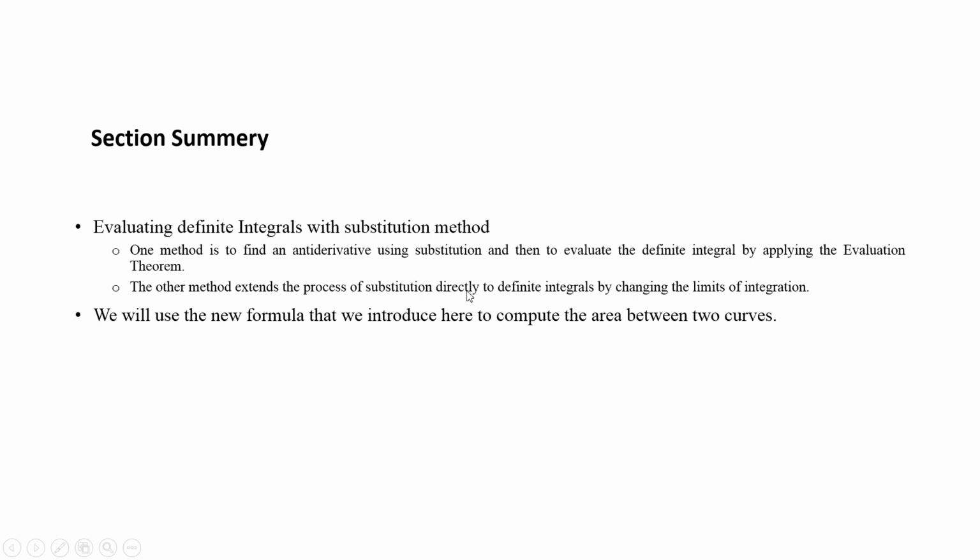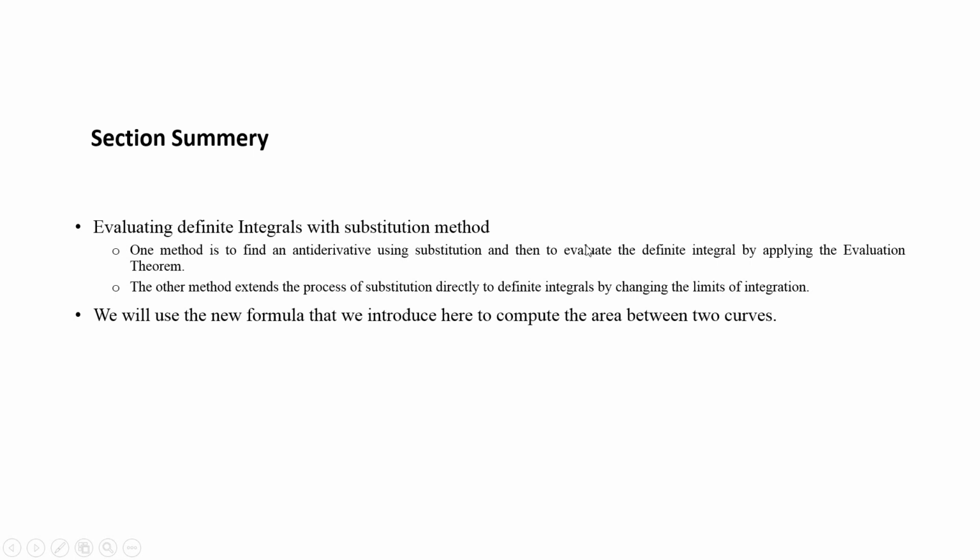So there is the section summary. First of all, we'll evaluate definite integrals with the substitution method, and this can be used in two ways. One method is to find the antiderivative using substitution, as we learned in section 5.5, and then to evaluate the definite integral, we apply the limits using the evaluation theorem, that is, the fundamental theorem of calculus part 2. And the other method extends the process of substitution directly to definite integrals by changing the limits